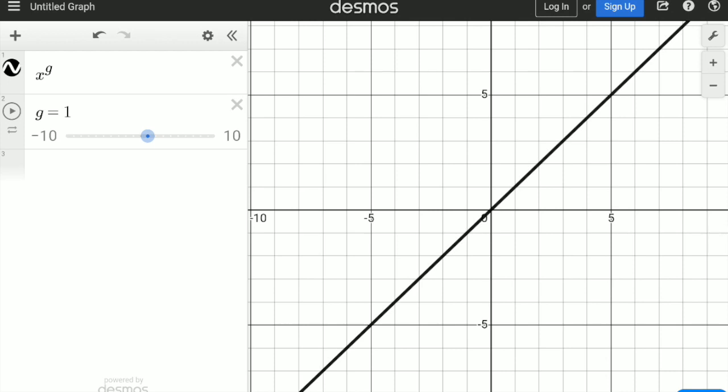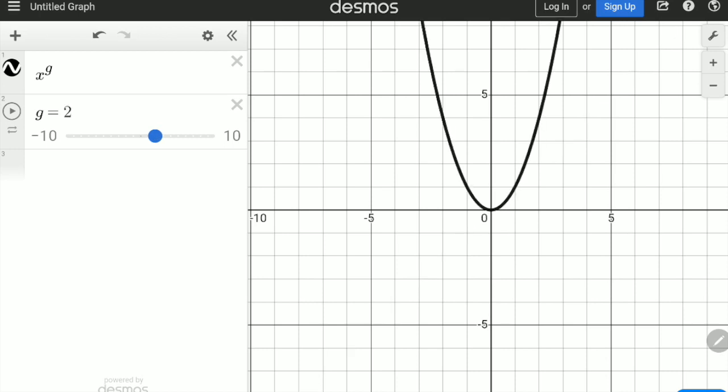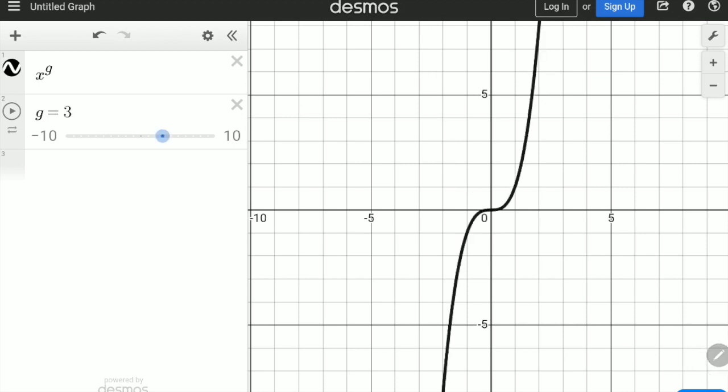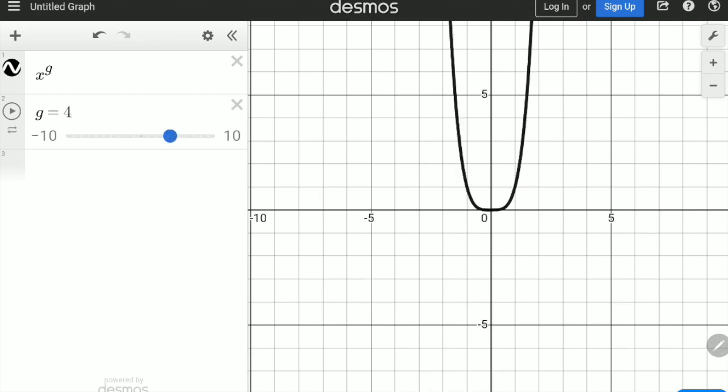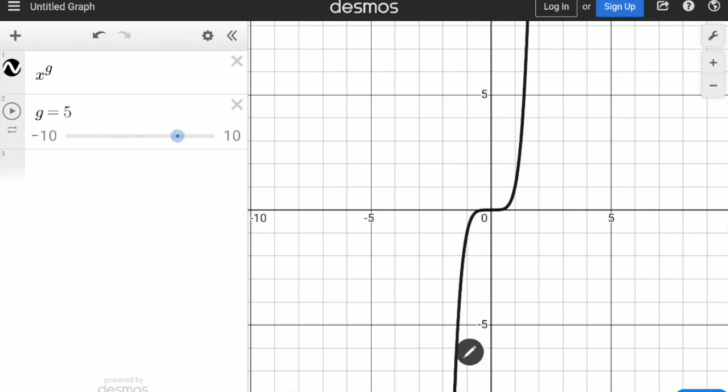So right now we have x to the g as the example. Currently, g is 1. So this is basically x to the first. With x to the first, you can see that one side points up and one side points down. And then if I increase it to x to the second, you can see that both sides point up. Increasing it to x to the third, you can see that one side points up, one side points down. If I increase it to x to the fourth, they both point up again. And same thing, one side up, one side down,